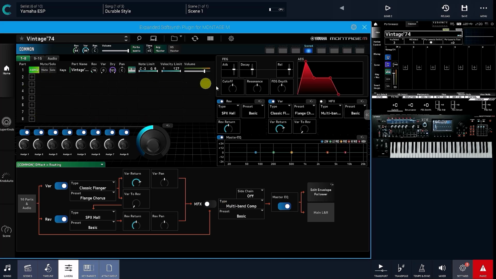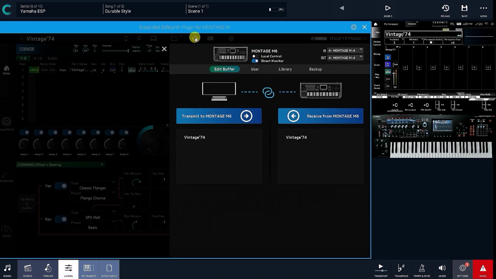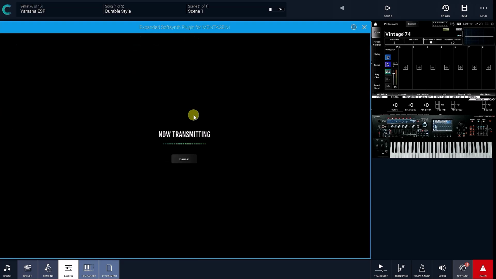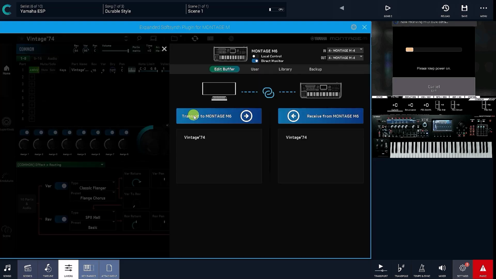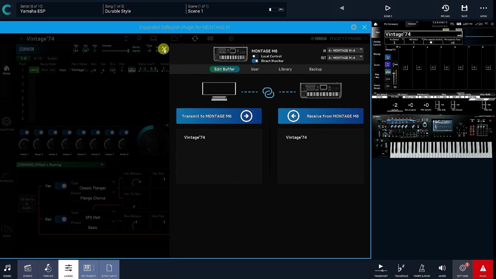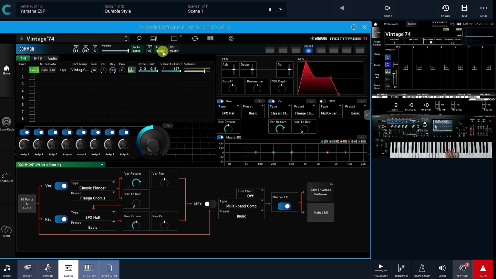And now I can work in ESP, I can add parts, I can edit here in ESP, make all the settings adjustments I need. Of course I can play, I test from the Montage M keyboard, which acts as a MIDI keyboard. I test from my Montage M, and I can edit in ESP, that's why it's not a Montage M editor. And then of course you'll think, it's simple, I just have to resynchronize, sending that performance back to the Montage M. Yes, of course. Voila, it's done. The little adjustment made earlier in ESP is now on my Montage M.